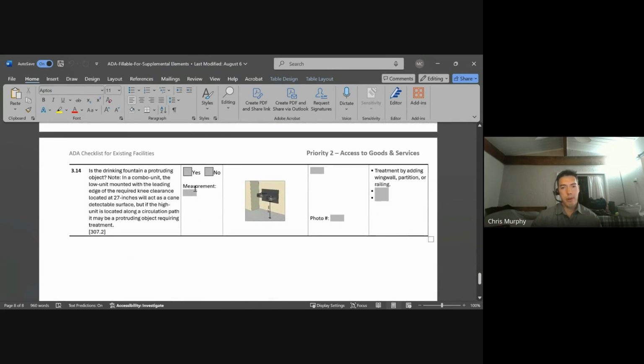And then the last part in this section was the fact that drinking fountains can be protruding objects, but the bottom edge of the low unit is required to be 27 inches maximum from the floor to allow for knee clearance to get under it. If a drinking fountain, the low unit, is mounted at 27 inches, that will actually act as a treatment for